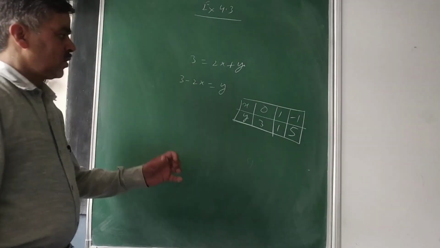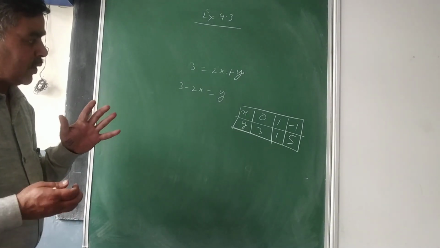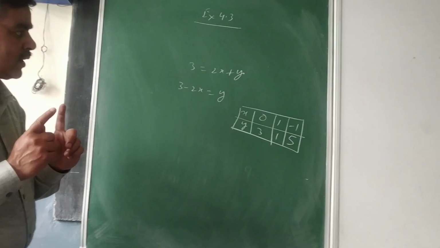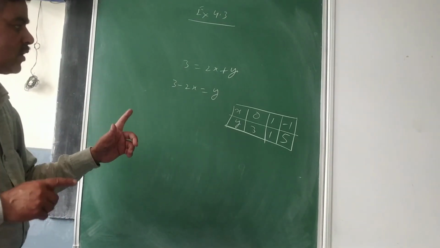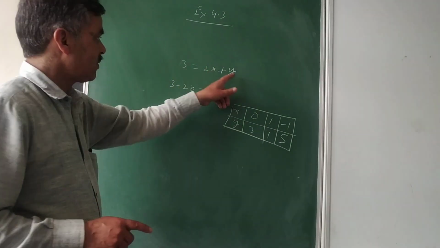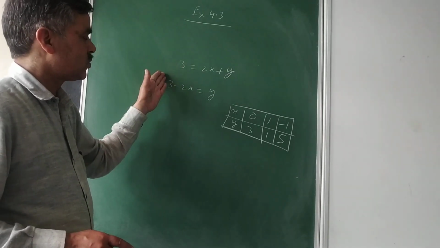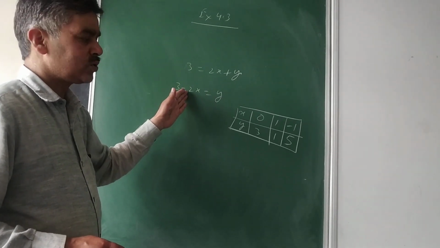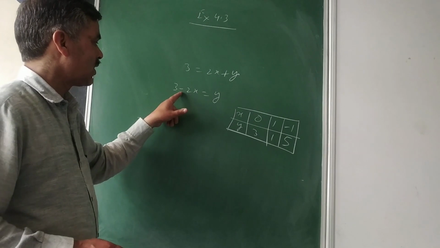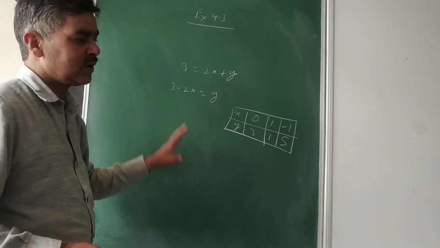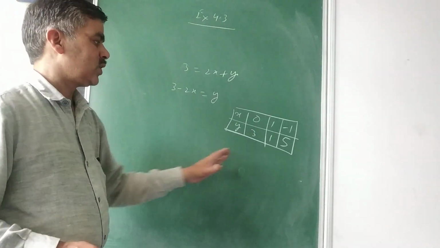5. The point which I want to make clear to you again and again, I am putting stress upon this point: you have to be very clear how to find the points and how to plot the points. First, this is very important, how to find the points. So here I made y the subject because I find it very convenient, and then I shifted this 2x, that is, I have to use the transposition method and change the sign. These kinds of mistakes you have to avoid always. If you miss that, if you write plus 2x here, then it all will be wrong. So please be careful about silly mistakes. Otherwise, I don't think anything is difficult there.